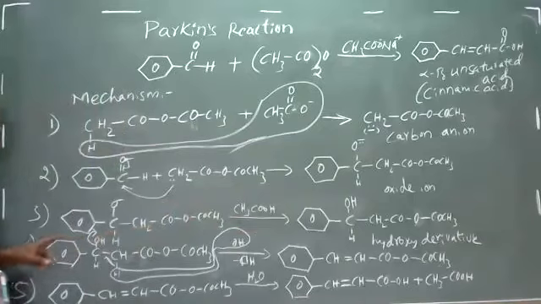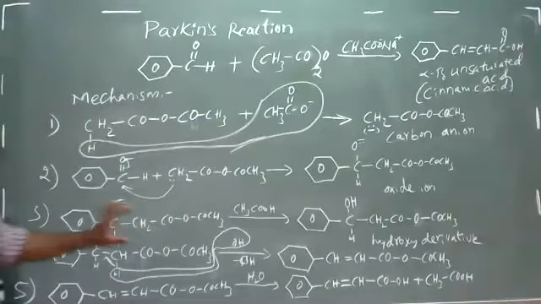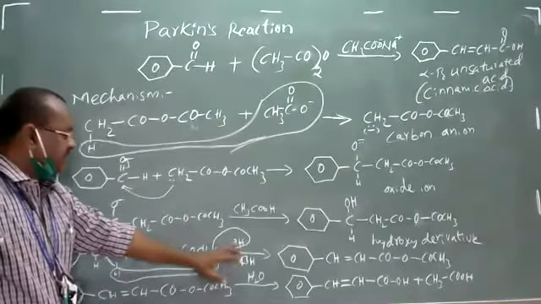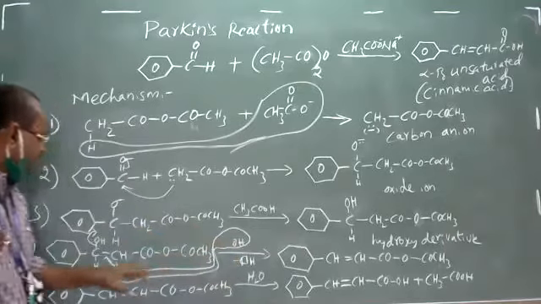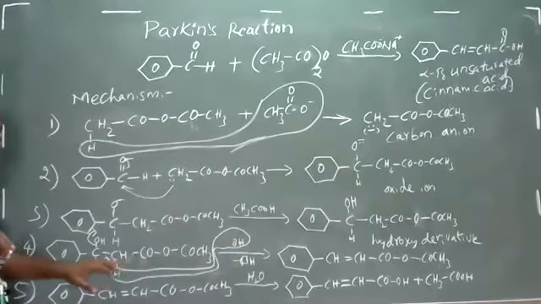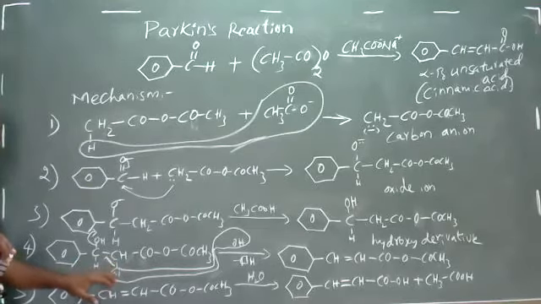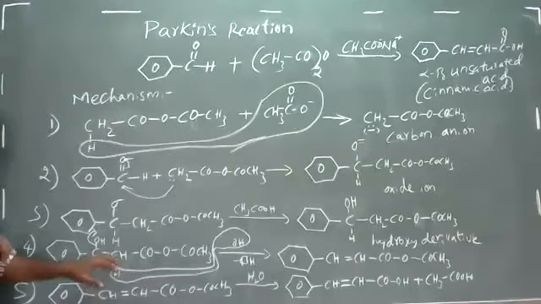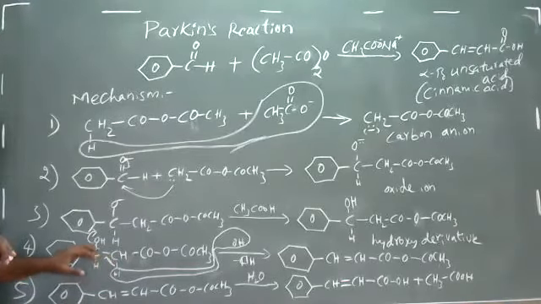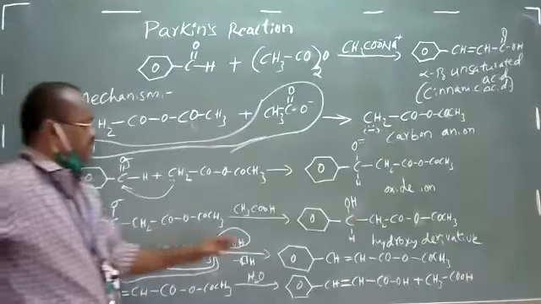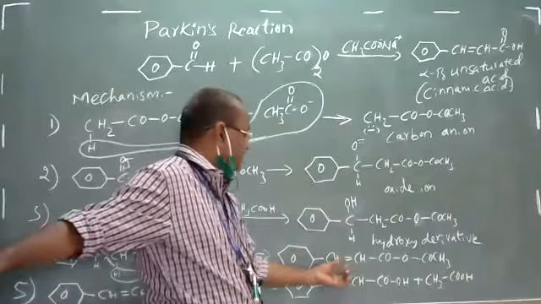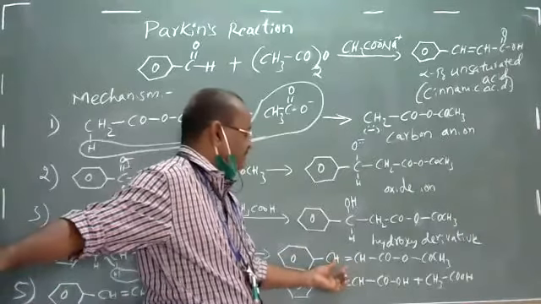it is going to react with a nucleophile, that is the base OH. That OH once again abstracts one more alpha hydrogen, and the bond electrons between the alpha carbon and alpha hydrogen will try to form a double bond between alpha and beta. And when they form a double bond between alpha and beta, that beta carbon eliminates the hydroxy group. Ultimately what is formed is an alpha beta unsaturated acid.